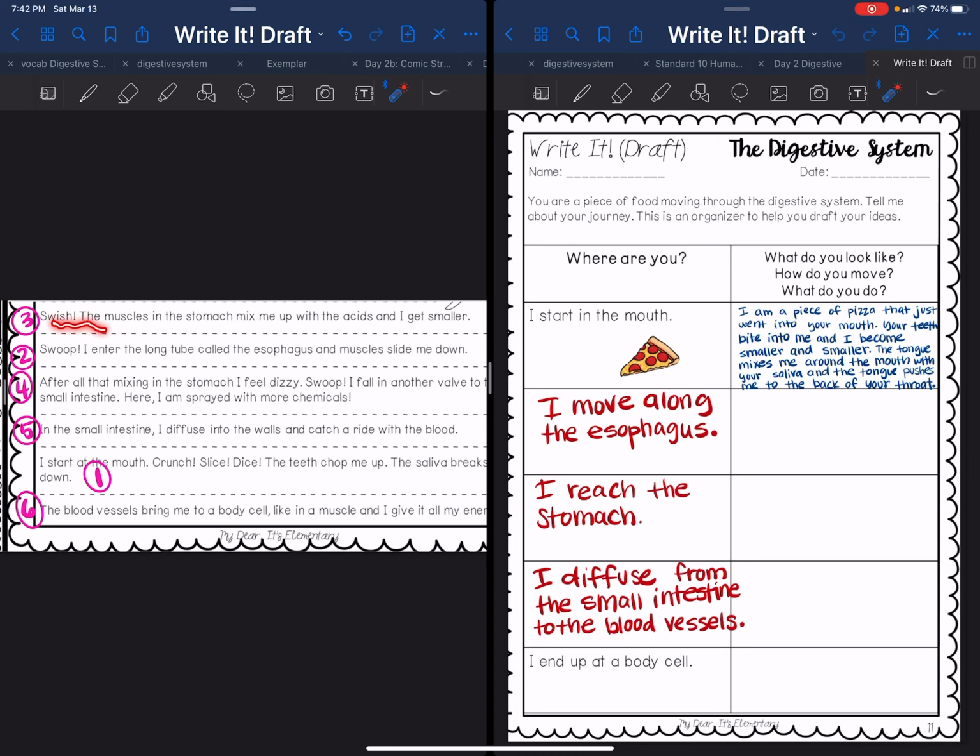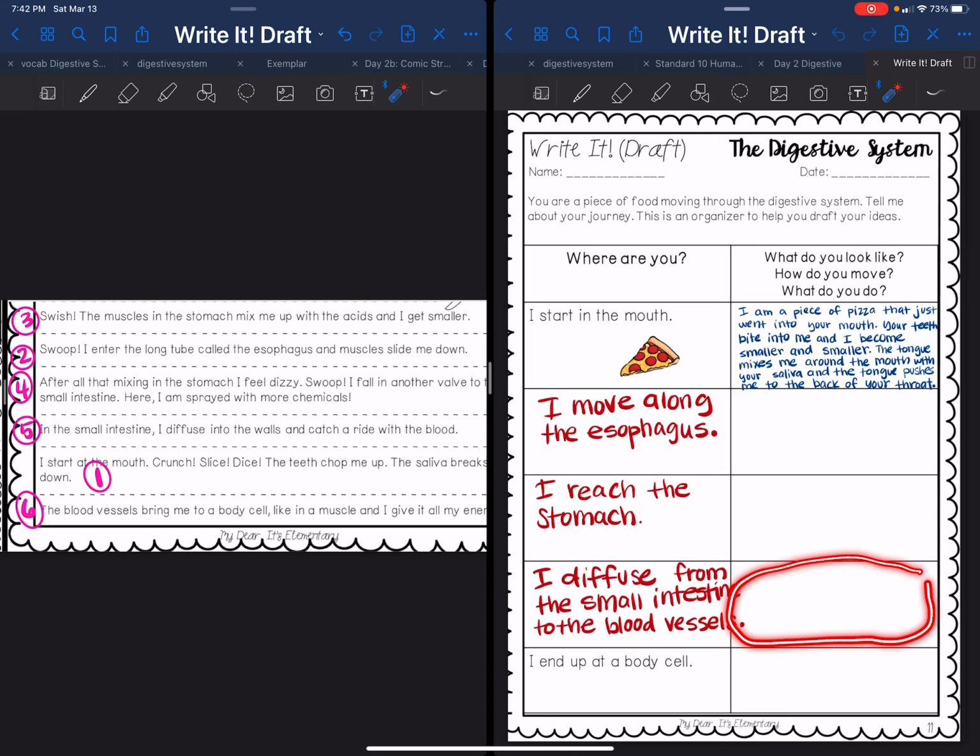Write this here. Swoosh. The muscles in the stomach mix me up with the acids and I get smaller. Okay? Write that here. And then the fourth step. Okay? After all that mixing in the stomach, I feel dizzy. Swoop. I fall in another valve. Oh, sorry. Swish, the muscles in the stomach mix me up with the acids and I get smaller. Here. And then number 4, after all that mixing in the stomach, I feel dizzy. Swoop, I fall into another valve to the small intestine,